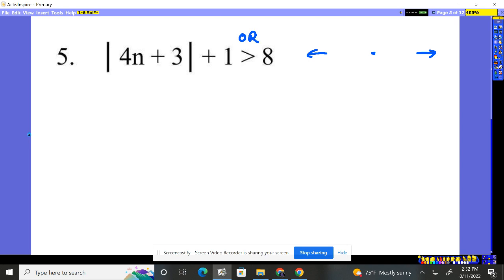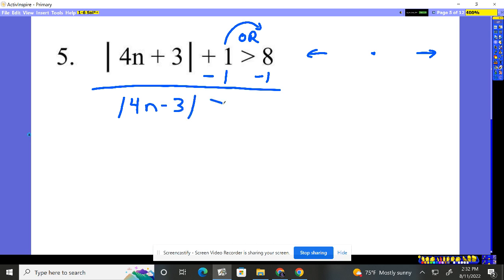So let's solve this. Well, before we go and try to do the positive absolute value with a negative absolute value, we got to move that 1 over. So we're going to have to start by subtracting 1. And so what we're really looking for is where the absolute value of 4n minus 3 is greater than 7 away. So we want to be more than 7 away from that 0. So we say 4n minus 3, the positive piece, greater than 7. So this is an or between them. And the negative piece